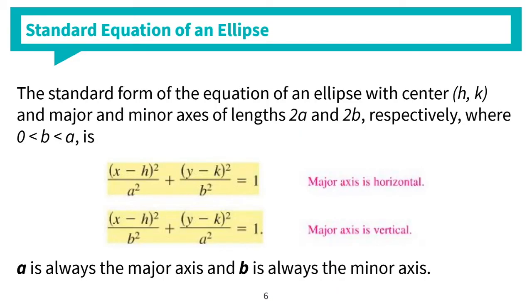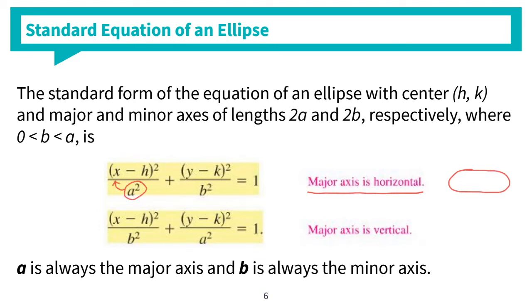Okay, now we're ready to dive into the equation of an ellipse. So what you see in front of you in yellow are two versions of equations that are for ellipses. Now, they look pretty similar, but there is one difference between them, and that difference happens in the denominator. Notice that when the major axis is horizontal, meaning my ellipse is long this way, we have a